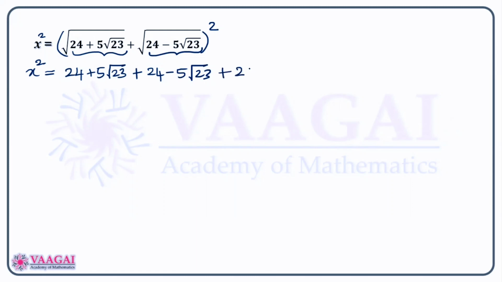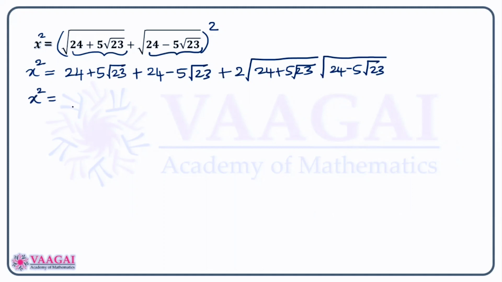So plus 2 into, where a will be root of 24 plus 5 root 23 and b will be square root of 24 minus 5 root 23. Now next, this x square can be simplified as, now we can see plus 5 root 23 and minus 5 root 23, they both can be cancelled. So we'll be left with simply 24 plus 24, that gives us 48 plus 2 times of,